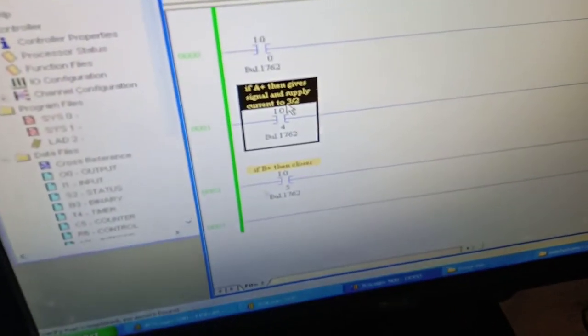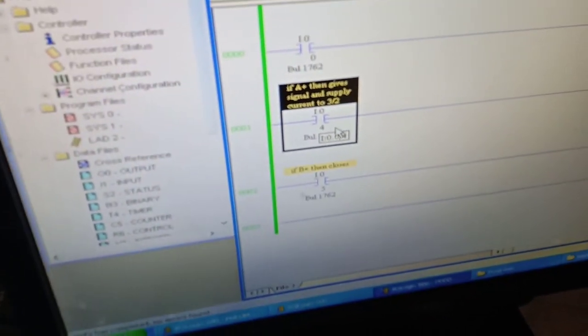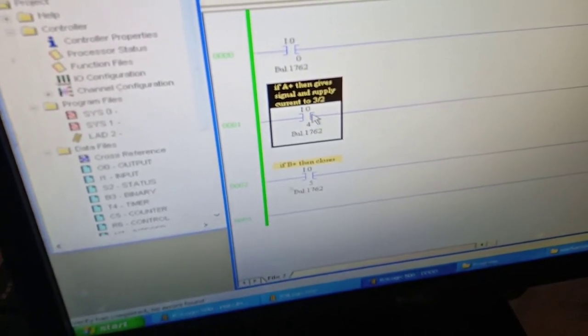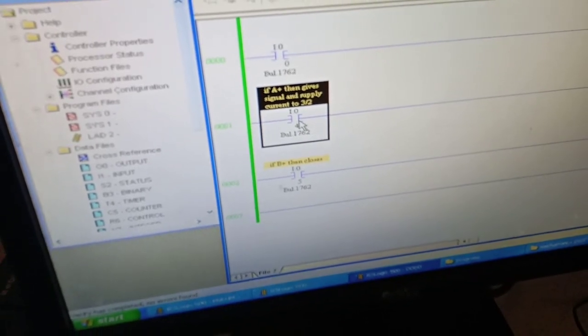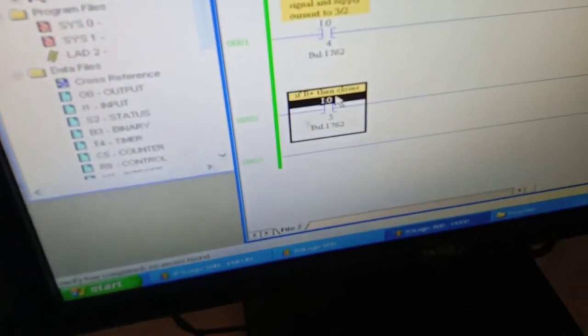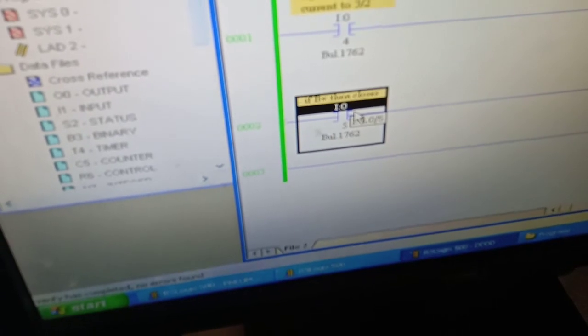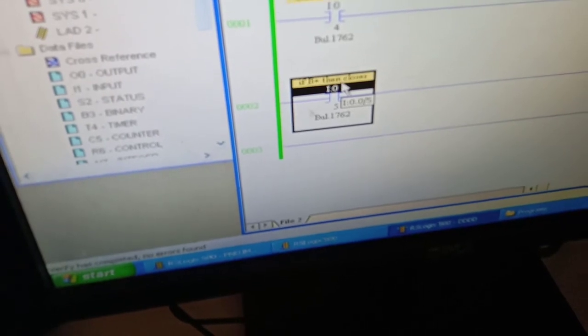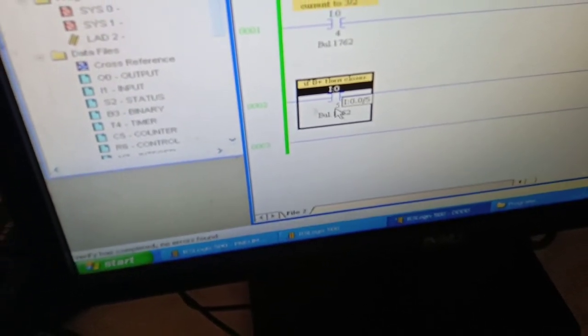Then after that, this is the input. Once we receive the proximity signal at pin number 4, it will give the output to 0 1. At 0 1 we have connected the 3x2 solenoid valve, so the 3x2 solenoid valve will be activated. Once A plus stroke is done, we get the B plus stroke. After that, at the B plus position, we will receive the signal from the proximity switch connected to the single acting cylinder. It will sense the position B plus, and at pin number 5 it will give the output signal.